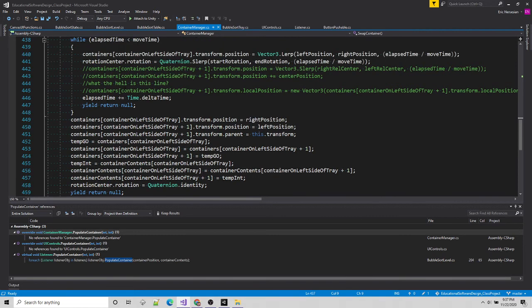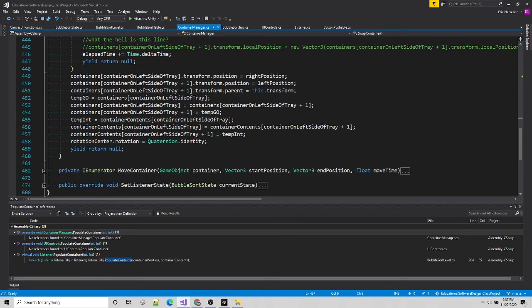I precisely place them at the end of the while loop. I put the parent back on the container on the right-hand side. And they were swapped, so they need to be moved in the array. So that's why I need this temp